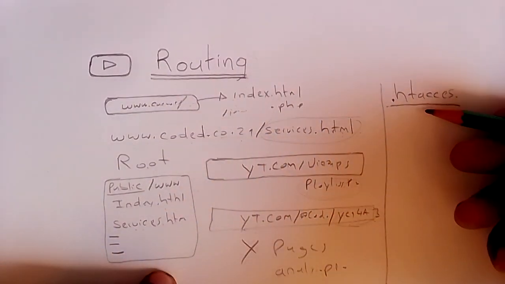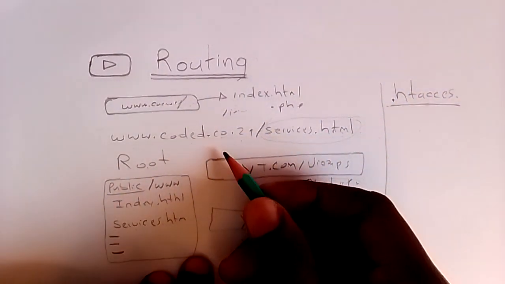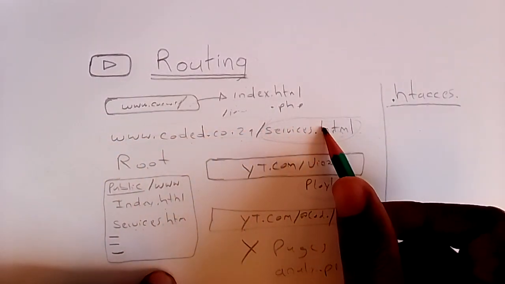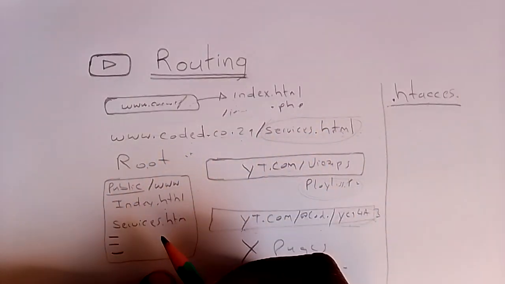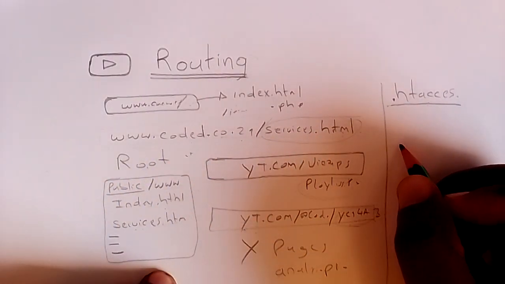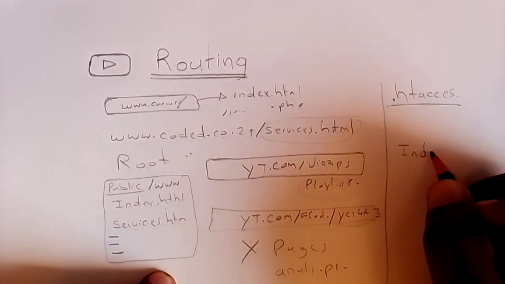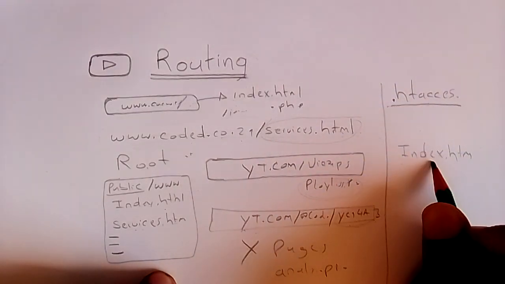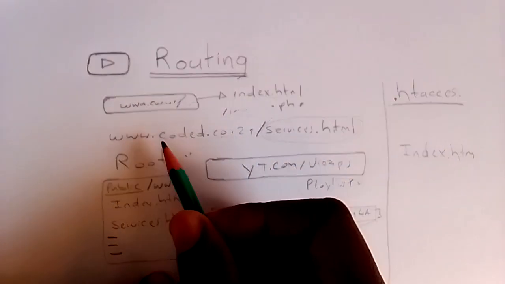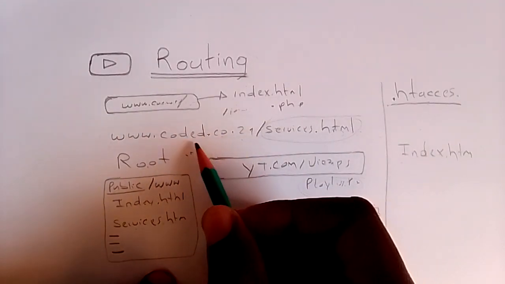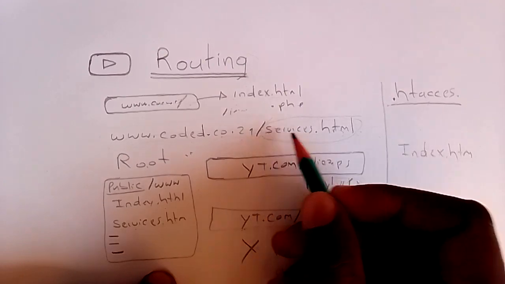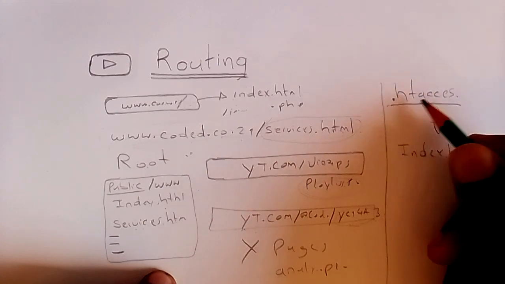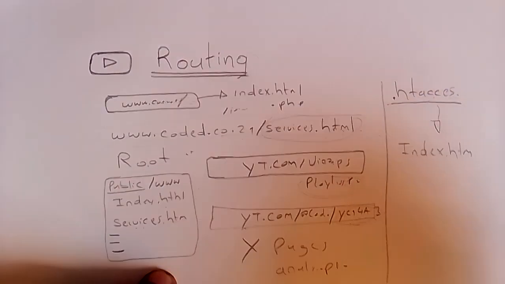For instance, in the .htaccess file, I can tell the engine that whatever is being typed here, always go to a certain file. What do I mean by that? Let's say I'm telling the engine to always execute index.html. So now somebody is requesting www.codeddesign.co.za/services. If I have written this rule here in the .htaccess file that it must always come here, this means that